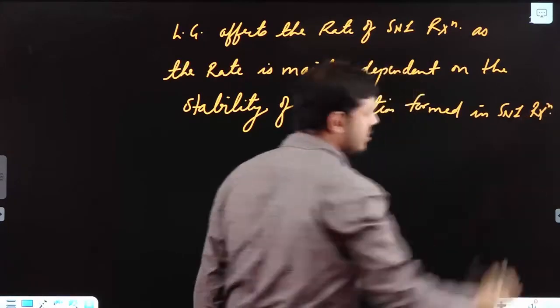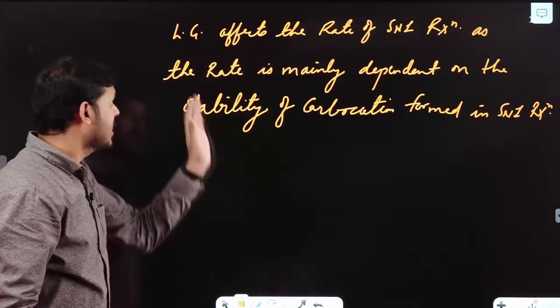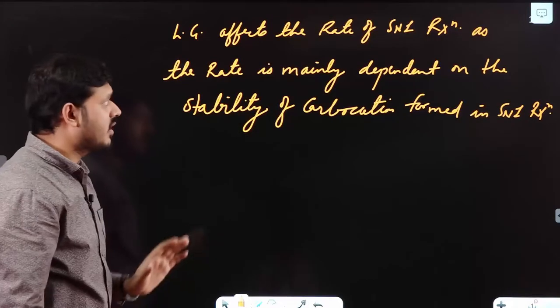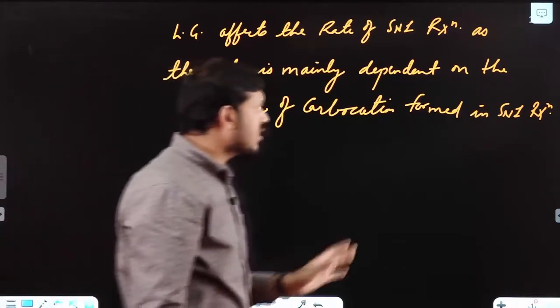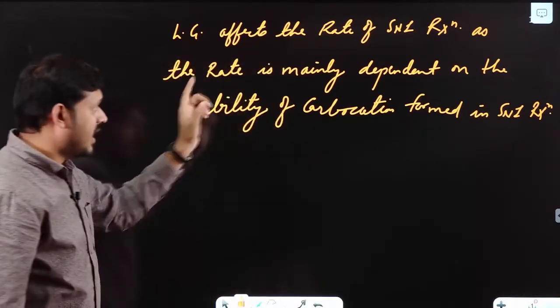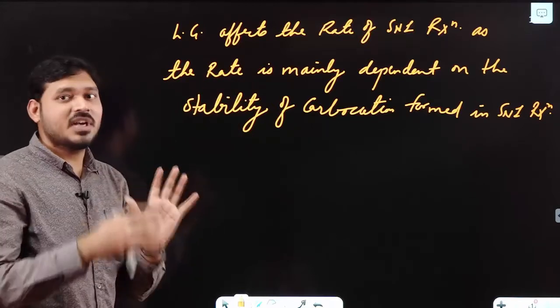Okay, so here I am mentioning two things. First, leaving group affects the rate of SN1 reaction, and also rate is mainly dependent on the stability of carbocation